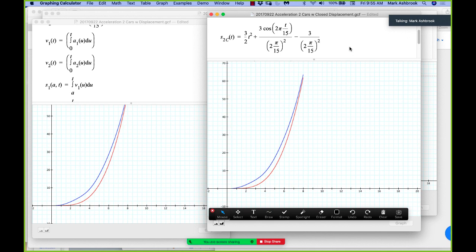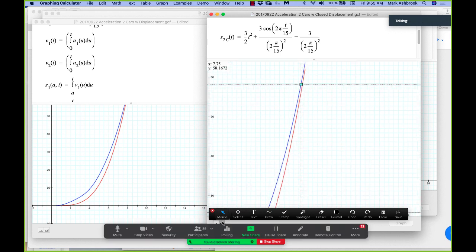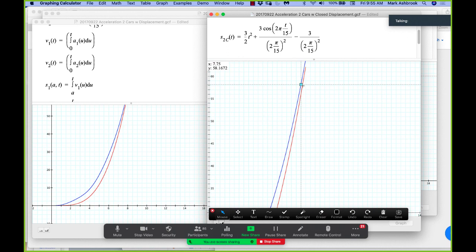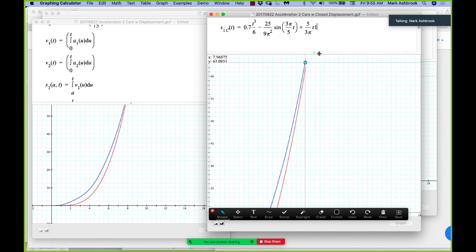Okay, so the big reveal. Did car 2 pass car 1? No. By 8 seconds, car 1 is still barely ahead. Car 2 did not pass at 8 seconds, because the y coordinate is the distance traveled, so the y coordinate of car 1 is greater than